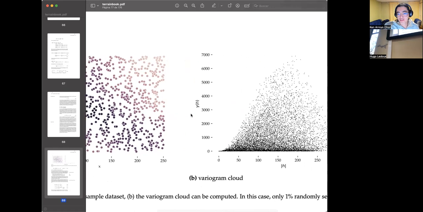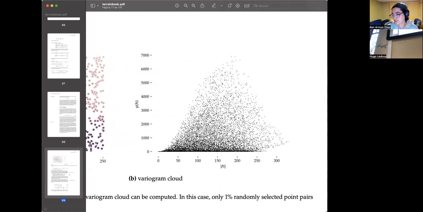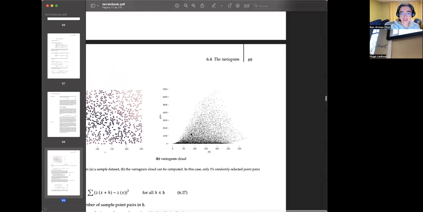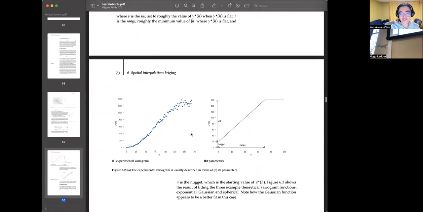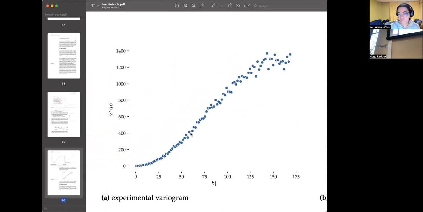And when you decide to plot those differences, here on the x-axis, you see the distance between the points, and on the y-axis, you have the difference in values. You can see that when points are very close together, they are quite similar. So it starts close to 0, 0, the origin, and it goes up as you go farther away. If you compute more or less how this happens on average,